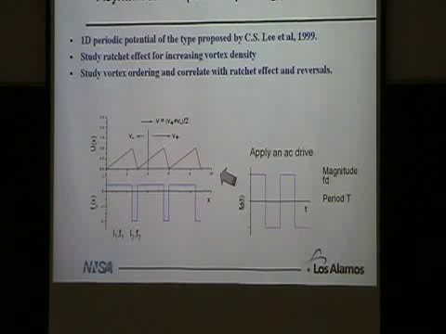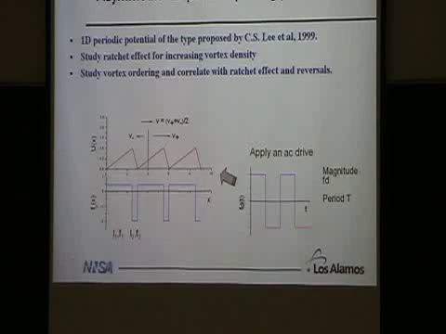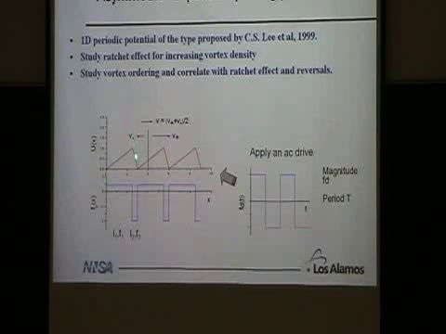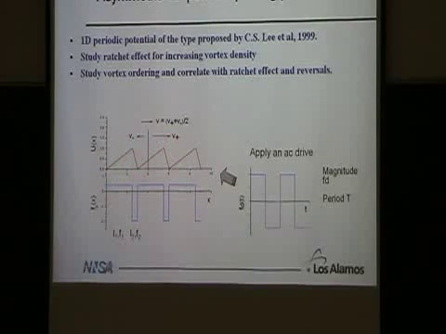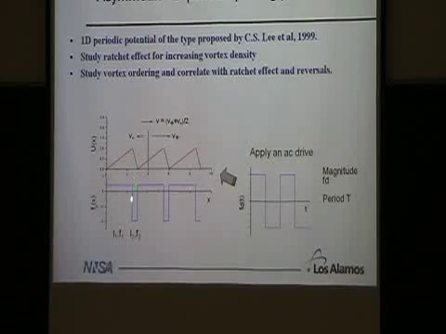Okay, so here's our potential, and this is just showing a slice of it. In the y direction, it's simply constant along y. But in the x direction, we have modulation with an asymmetric maximum. So this is the shape of the potential. Here's actually the force that the vortex experiences. If it's in this part of space, it has a positive force, and if it's in this part of space, it has a negative force.